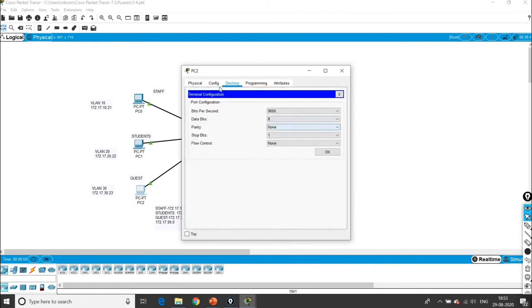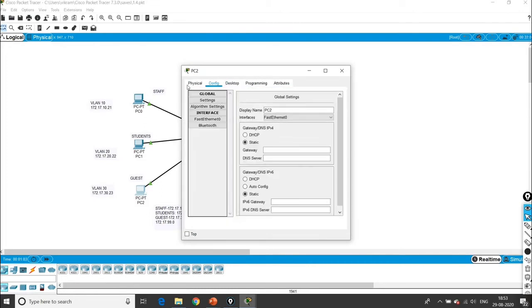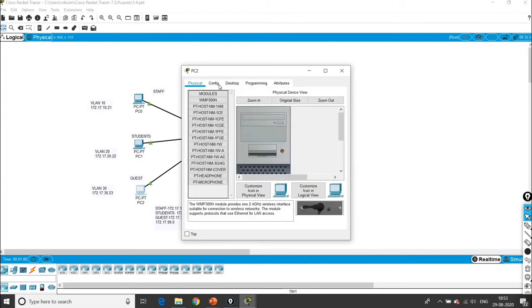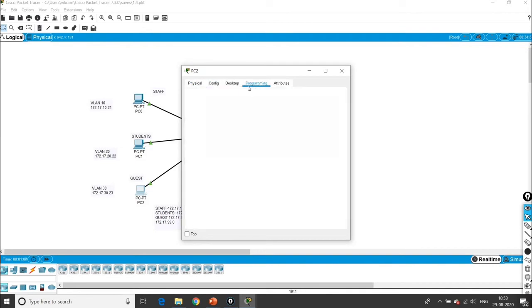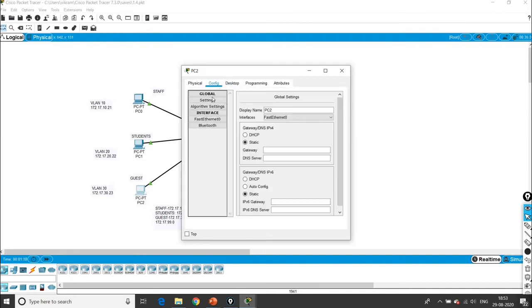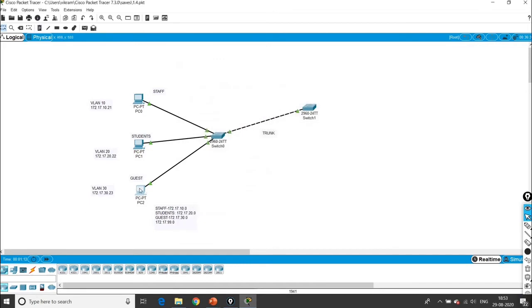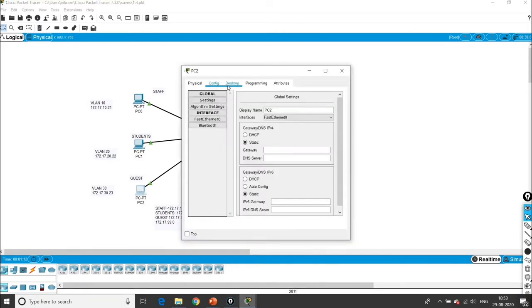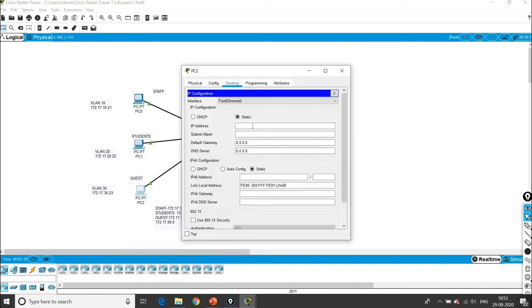Desktop, config PC2, IP Config, and what is the IP address? 172.17.30.23, followed by the subnet mask.